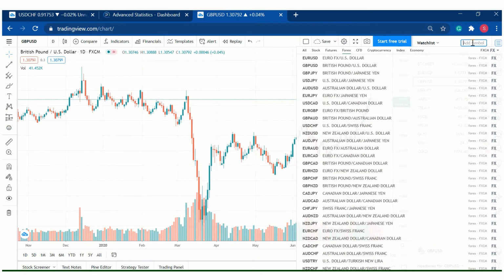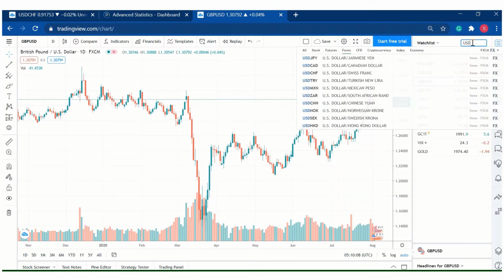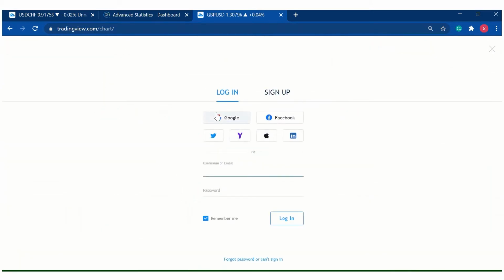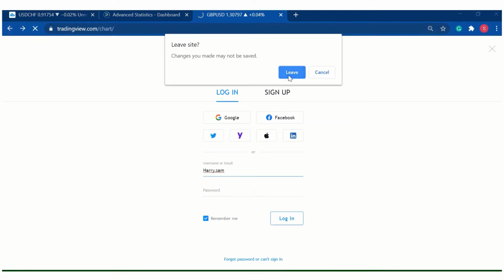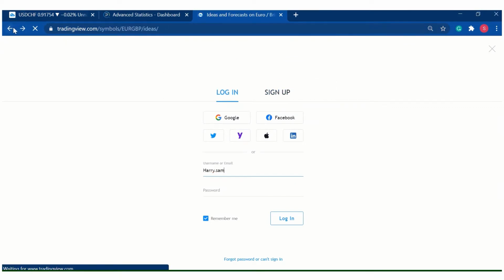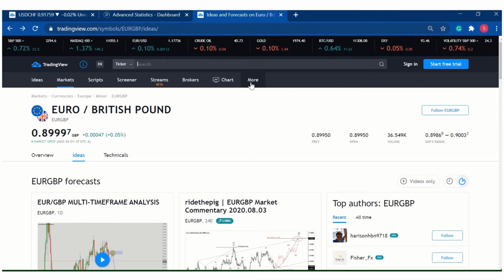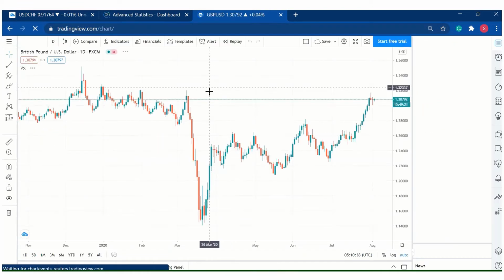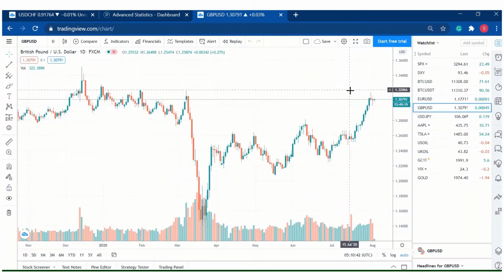I want to add USD JPY. So I just click on USD, and you see related to FXCM only these are coming there now, no other brokers. I click on it, and what they are saying is I have to sign in, so maybe let's just sign in. To add it, you need to sign in. But I'm not going to sign in because then the settings will change. I wanted to show you something which will be ruined. So we can sign up later, because I want to show you all the settings which you can do here. So this pair you can add here, and